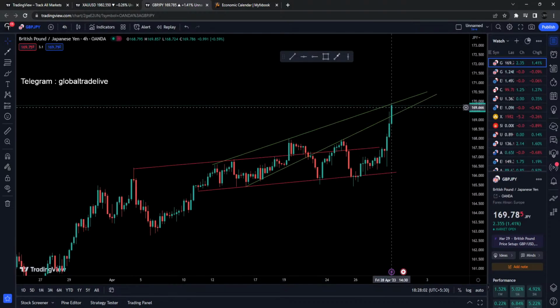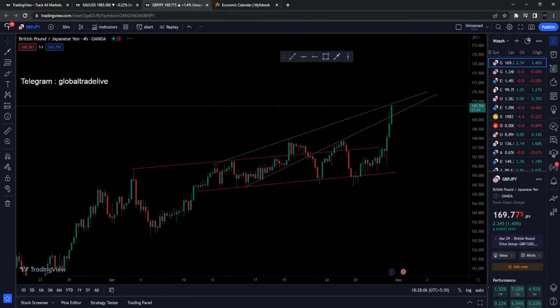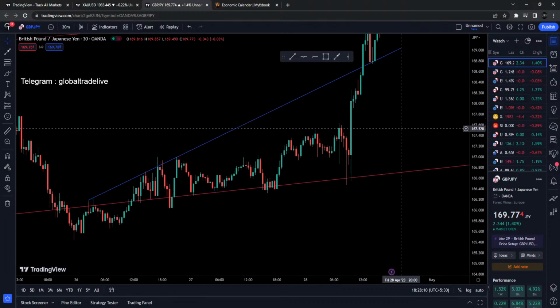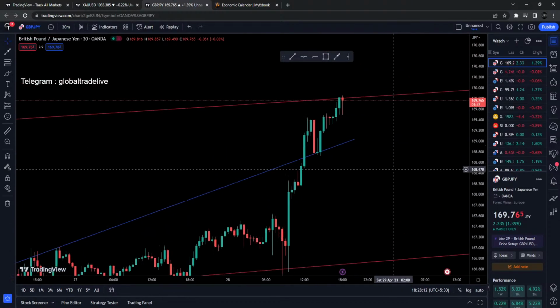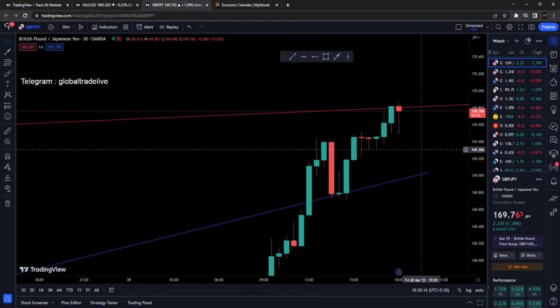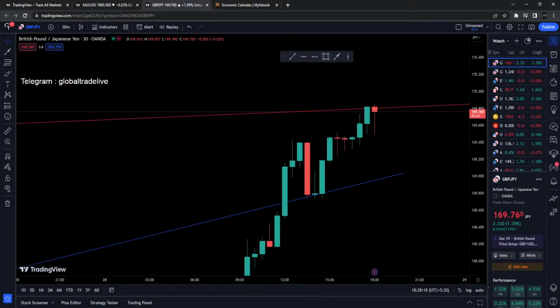So this 4-hour candle is about to close in like 2 minutes, so let's see what's gonna happen. I'm gonna keep an eye on the 30-minute time frame. According to me, it's a sell move which will be coming up, and if I need to take a sell, then I have to find a point from where I can really take a sell. First of all I need this candle to close bearish. If this candle closes like this and the next candle wicks up and moves down, that will be a nice thing. So I'm gonna wait for that.